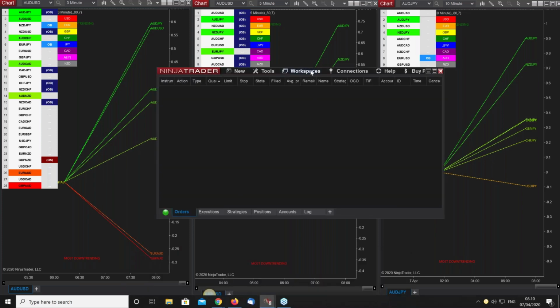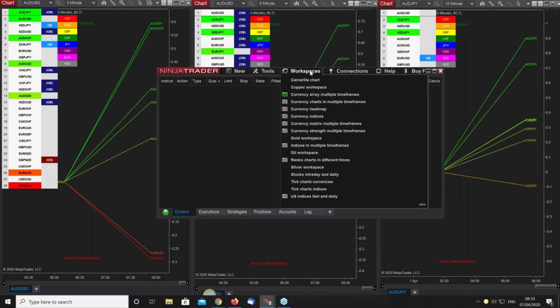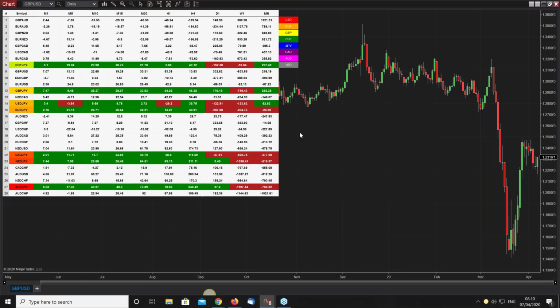Just want to go to the heat map for a moment to pick up on something else. There we go. For those of you here, I think it was a couple of weeks ago, I highlighted the fact that on the currency heat map, we had a lot of the yen pairs stacked up at the bottom. And I suggested at the time, if you're a longer term trader, if perhaps you don't have the luxury as we do of sitting in front of a chart all day long,